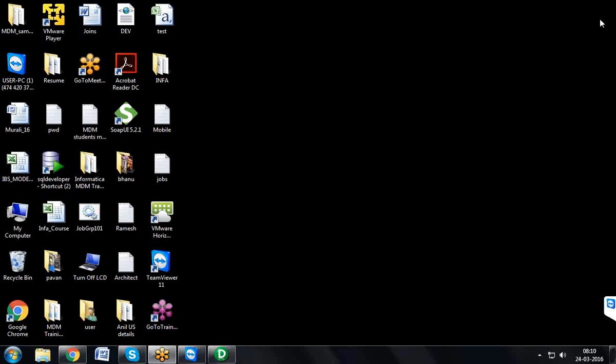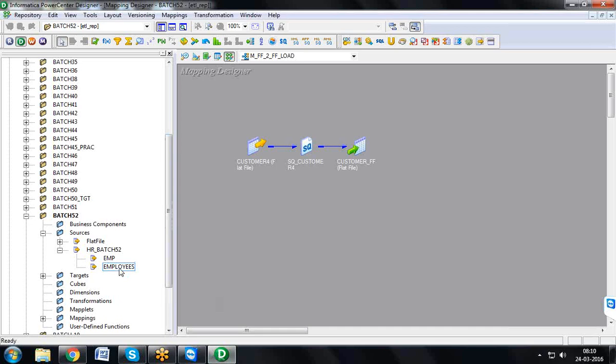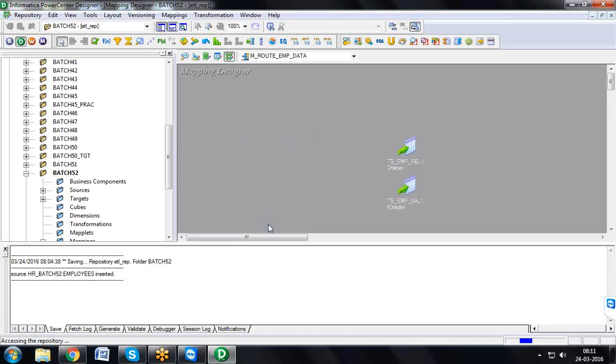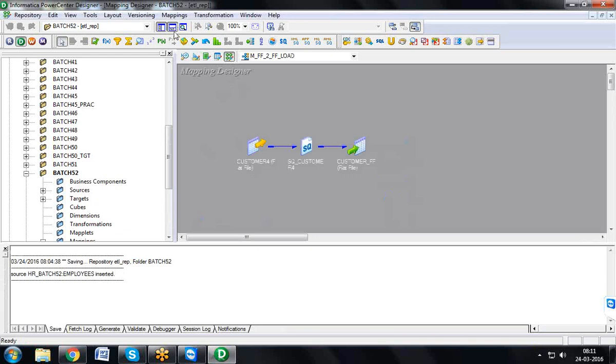Okay, so in the last session we discussed what? Router transformation. Router, is this the folder which we are working? Yeah. So the last session we discussed what? Router transformation, and we have seen how to extract the data from flat file and load into flat file. Okay. So